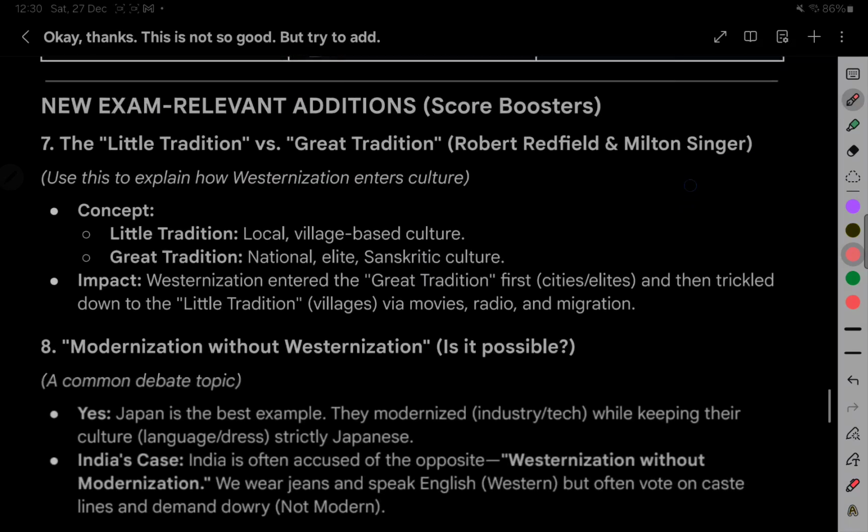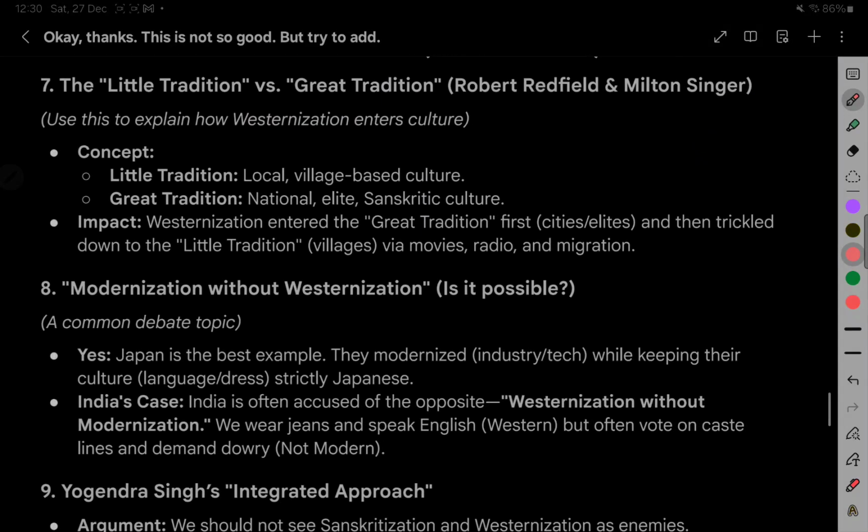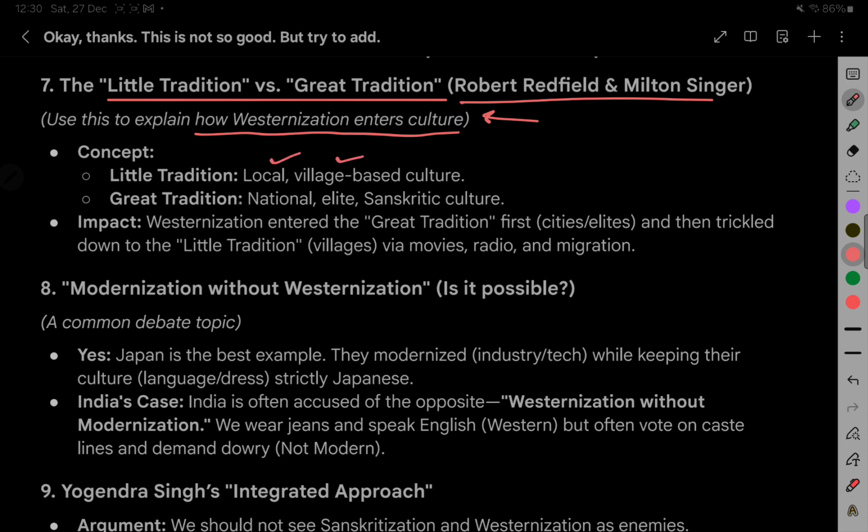New exam-relevant additions, score boosters. 7. The little tradition versus great tradition. Robert Redfield and Milton Singer use this to explain how westernization enters culture. Concept: little tradition, local, village-based culture. Great tradition, national, elite, Sanskritic culture. Impact: westernization entered the great tradition first, cities, elites, and then trickled down to the little tradition, villages, via movies,